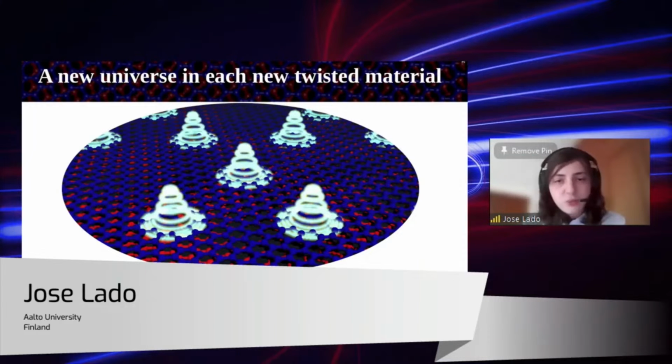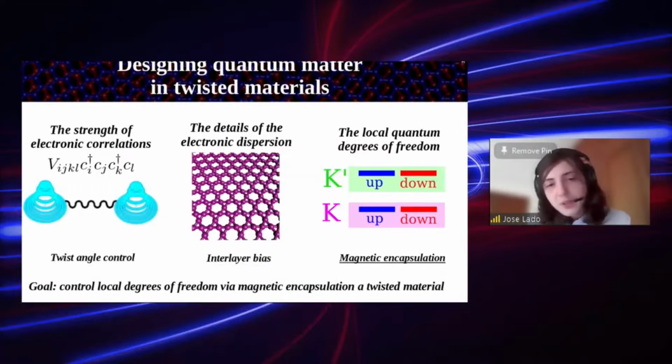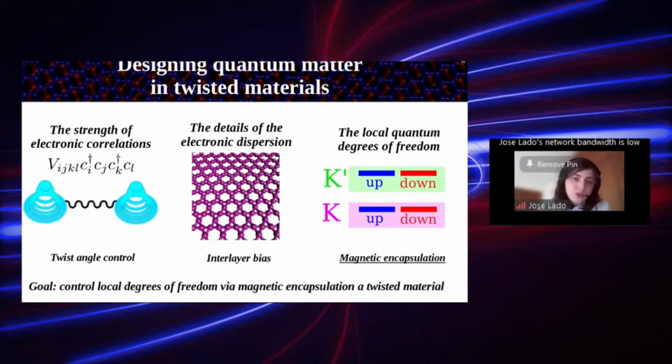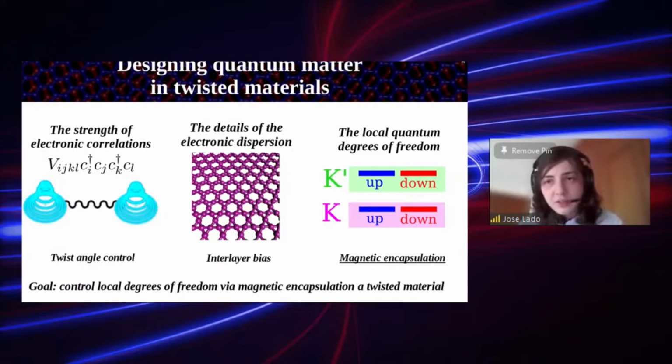The reason why we are capable of doing this with two-dimensional materials is actually fairly simple. It reflects the fact that just by controlling the angle between two different two-dimensional materials and by applying an interlayer bias, we are capable of controlling simultaneously the strength of electronic interaction and the fine details of the electronic dispersion. So in other words, we are capable of more or less engineering different types of materials with tailored interactions. So today what I want to tell you is that there's a third ingredient that we can try to exploit,